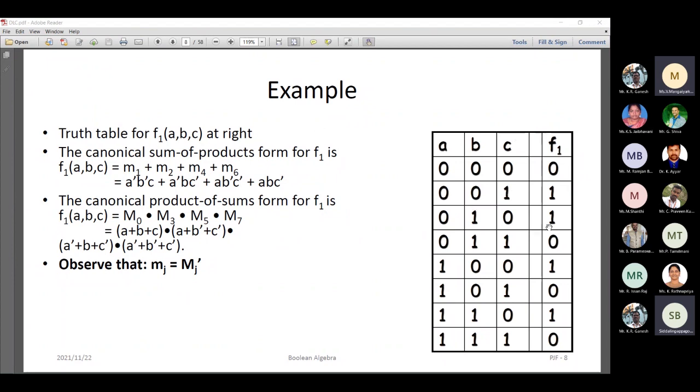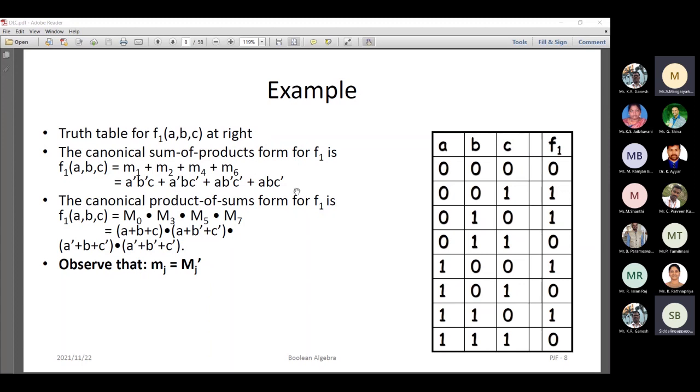Next, if you go for here, you have a 0 1 0 in min term, it is nothing but a complement form, a bar c bar, right? A bar c bar, 1 you have b, right? So similarly here you have a 1 0 0, that is b bar c bar, a is written because it is 1 here. Like this you should represent the truth table in terms of an expression.